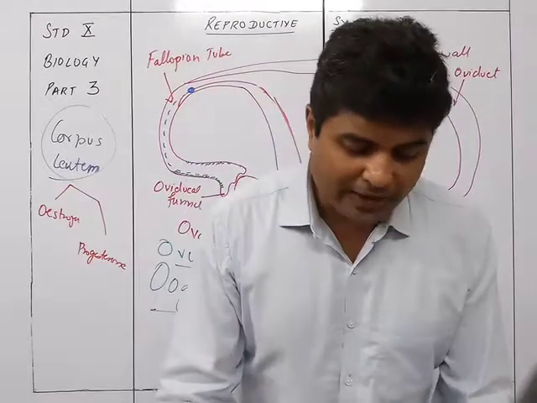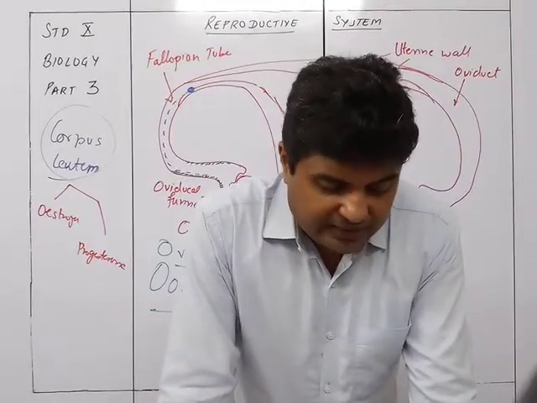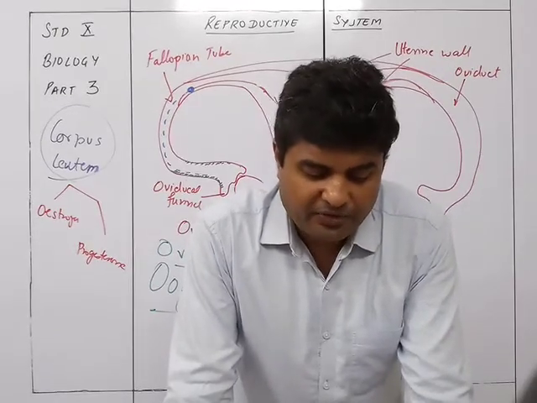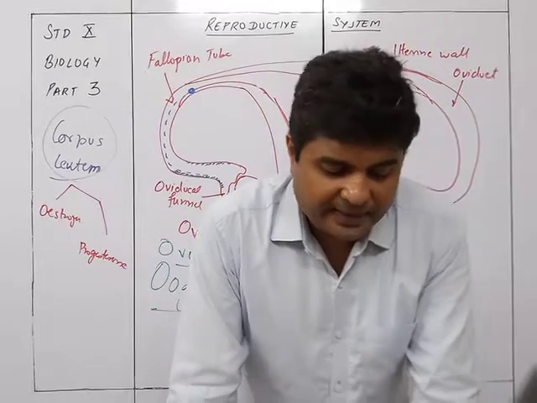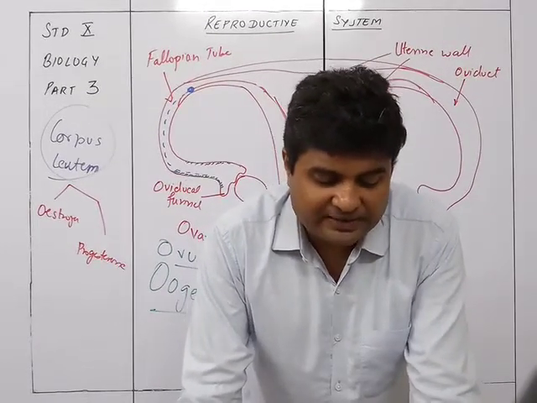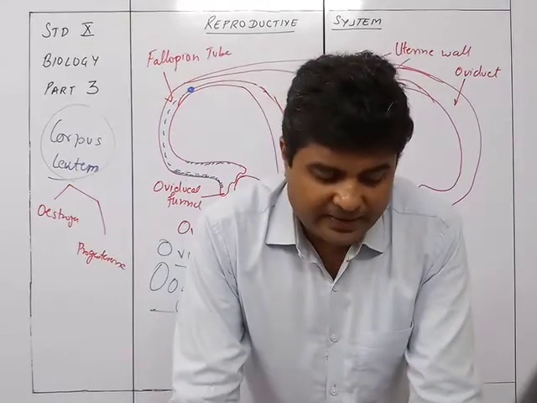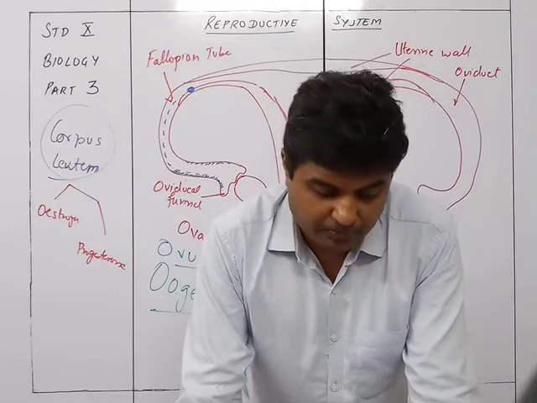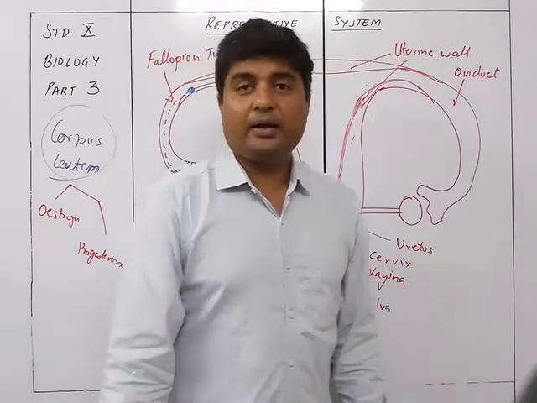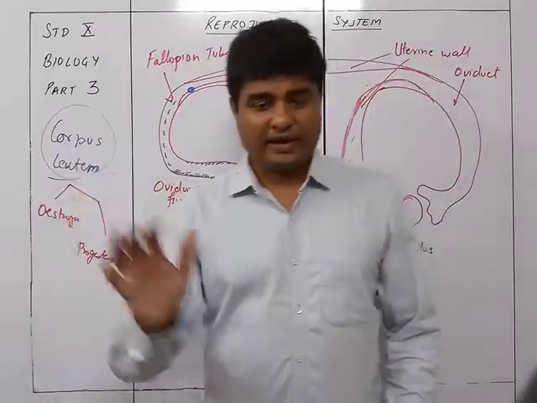Okay, so this is what happens in the menstrual cycle in the female. So the fate of the egg is that the ovary releases the egg into the fallopian tube, and then it will be either fertilized or not fertilized. If it is fertilized, then it divides and becomes an early embryo and goes into the uterus, where it is implanted and pregnancy is formed and the baby is born. Whereas if it is unfertilized, then it degenerates and is discharged out in the menstrual cycle.